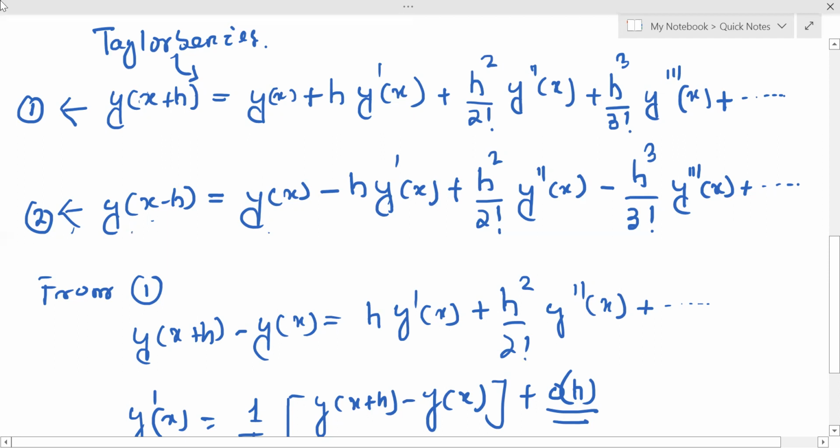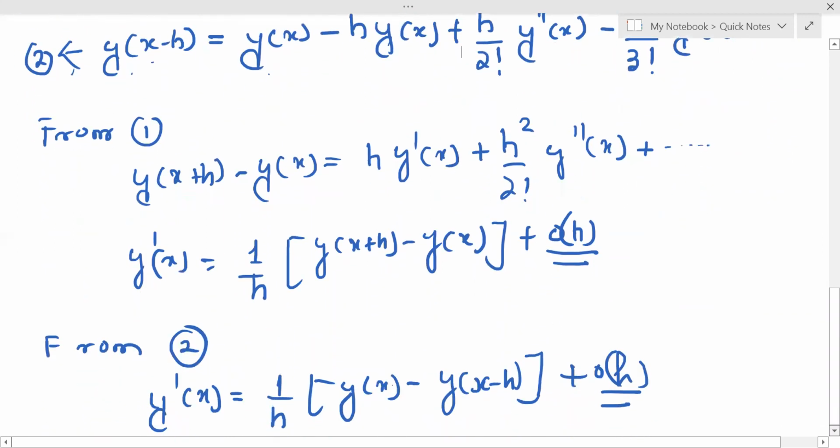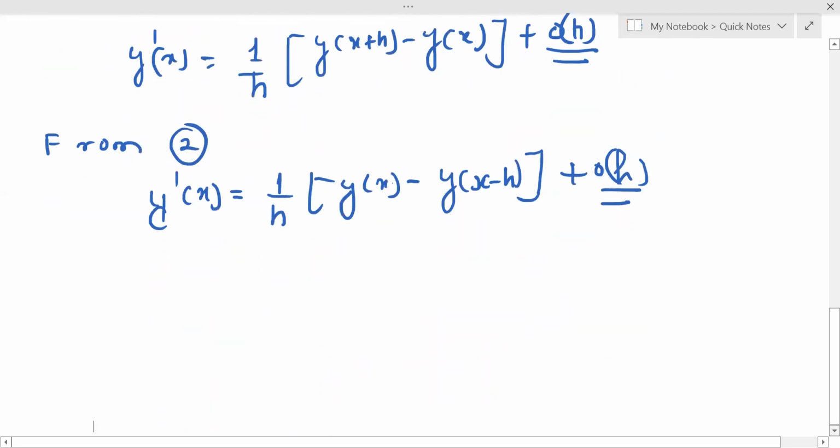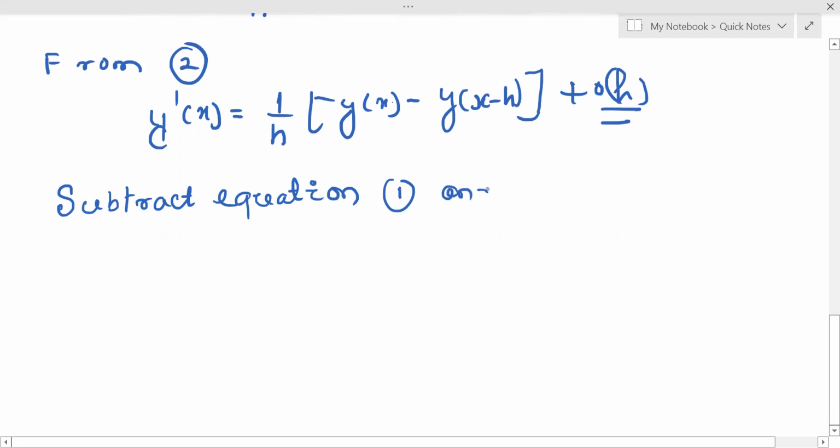When we subtract equation 1 and 2, then the value y'(x)